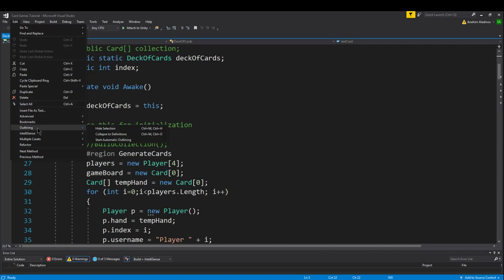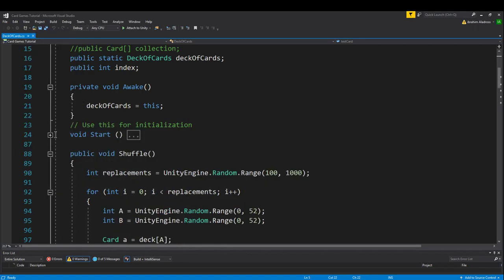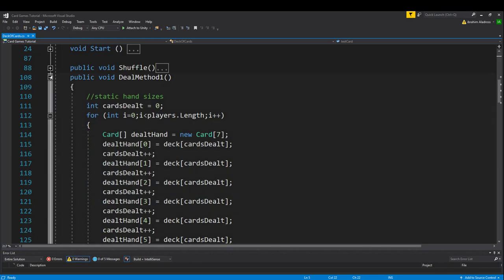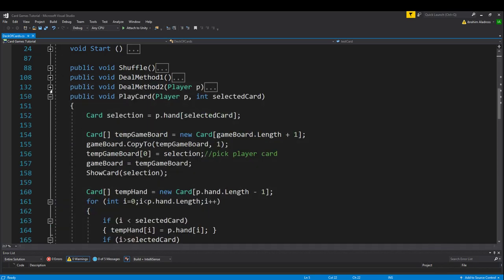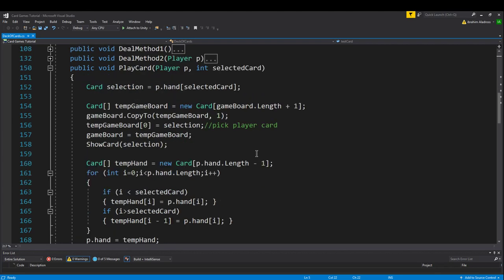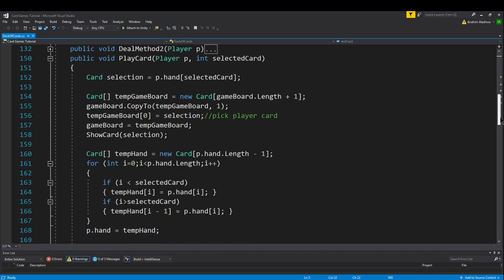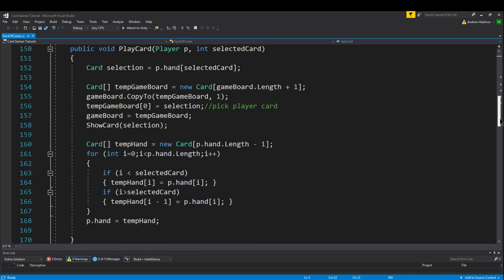Let's go to Edit, turn on outlining again. We don't need shuffle or deal or anything like that. We already have the play card here, but we're going to add something to it. So when we play a card, we're going to want to add it to our game board, and in addition to that, we're going to want to actually play the card. So I've added one line here. After I update the game board, after I have my selection added to the game board, I want to do